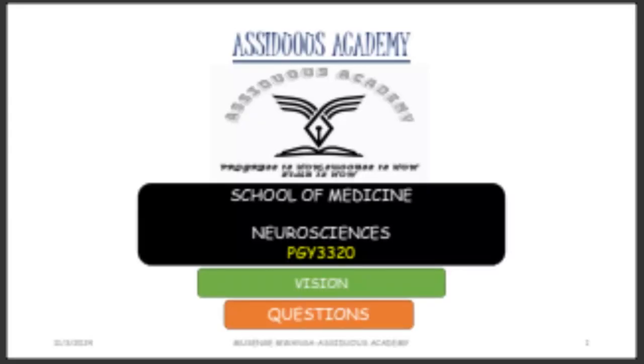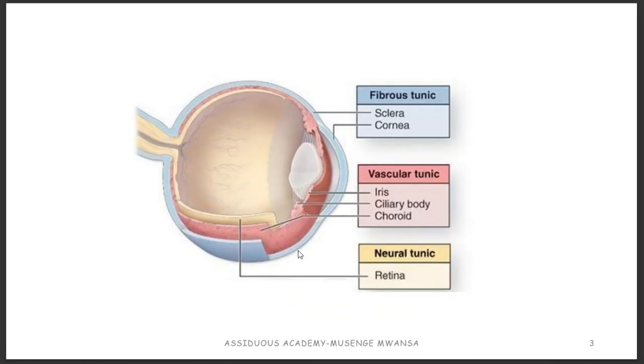Okay, so let's just look at it. When we are talking about the layers of the eye, basically we have got three layers. The outermost layer is the fibrous layer or the fibrous tunic, where the posterior 5/6, the majority, is the sclera, and then the front, which is transparent, is the cornea. And then we're going to go to the second layer, which is the vascular tunic, the tunica vasculosa, which has got